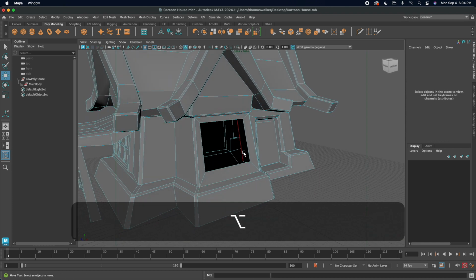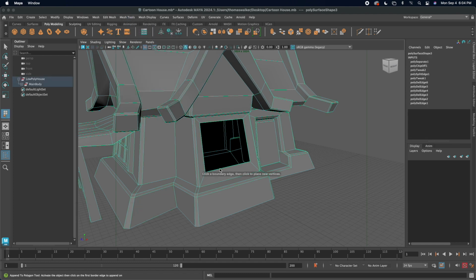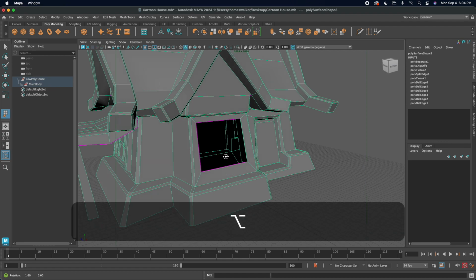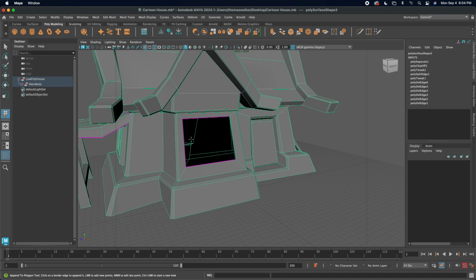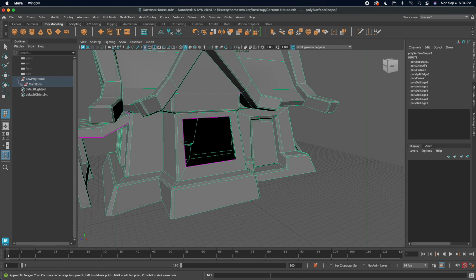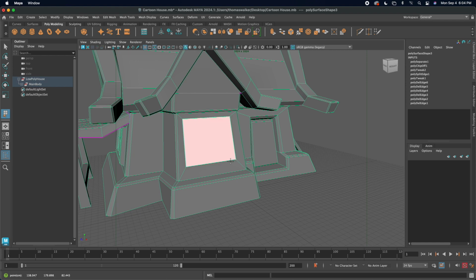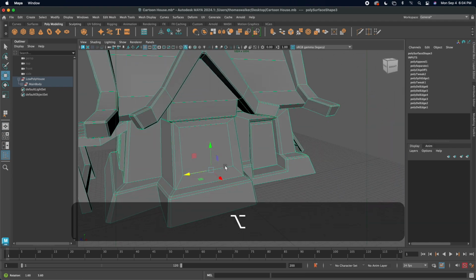So in this mode, I'm going to go to append to polygon, and it's asking me to pick an edge, right? So I'm going to pick this edge right here, and now it's highlighting all edges that could be potential candidates that this could connect to, but I'm just going to connect to the one directly across from it. I click there, you'll get this little pink preemptive selection that's basically saying, okay, this is what I'm going to fill, and if you hit return or enter, that will fill that in as a polygonal face,